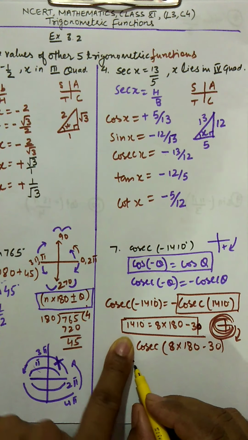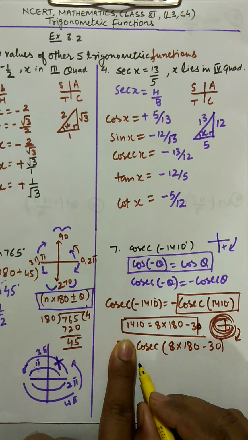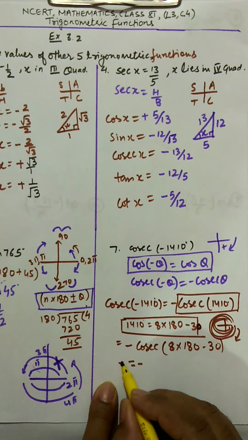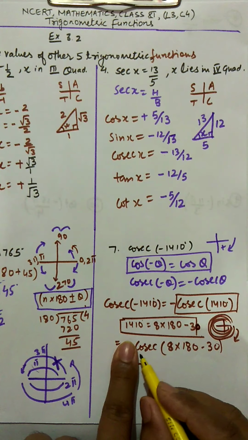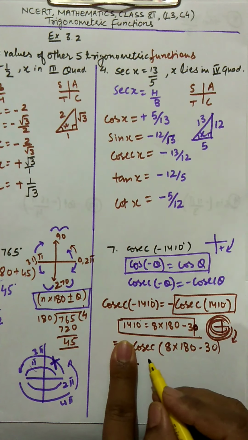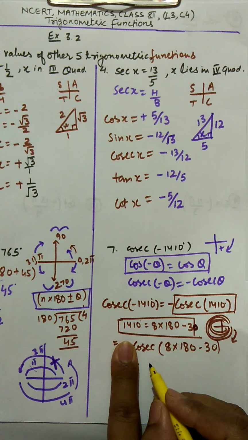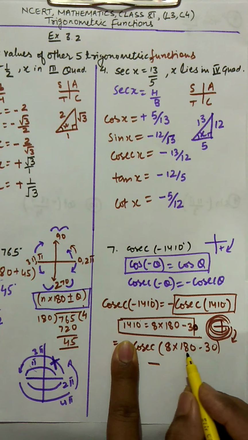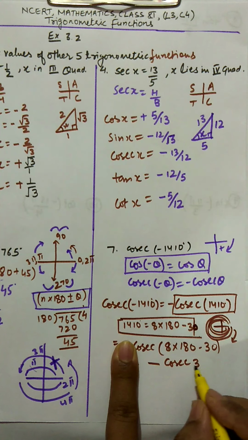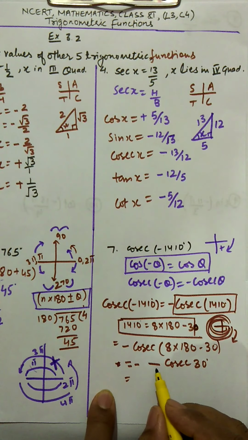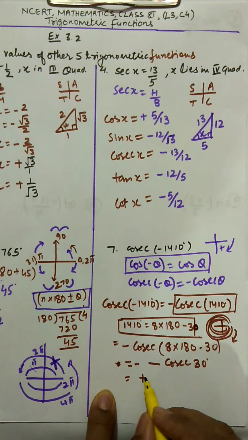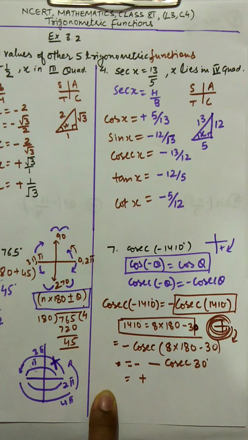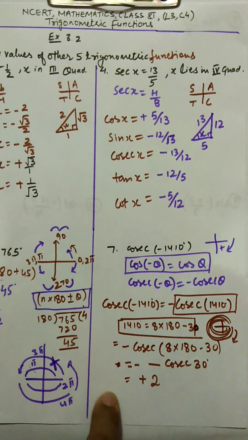So according to the fourth quadrant, your cosec is always negative. This negative will remain there, but we will simplify this cosec. So it's going to be negative in the fourth quadrant, and the function will not change because the base is 180. So cosec will remain cosec theta, which is 30 degree. So now you can see minus and minus, there are two minus signs, so it becomes positive. And cosec 30, now you know cosec 30 is the reciprocal of sine 30, and sine 30 is 1 by 2, so its value is going to be 2.